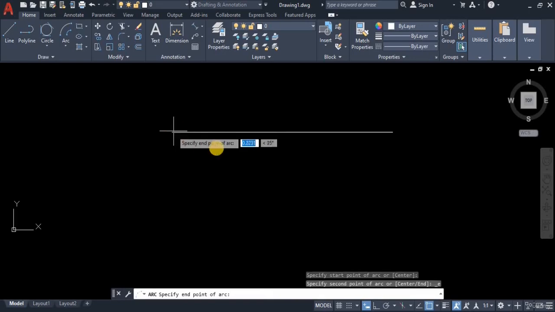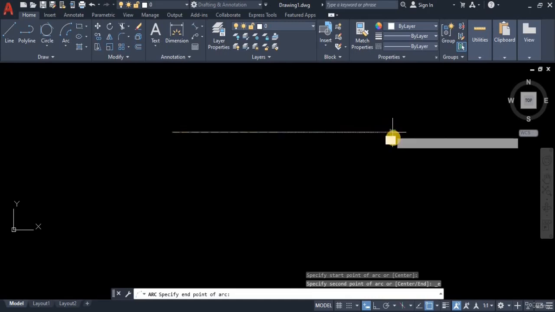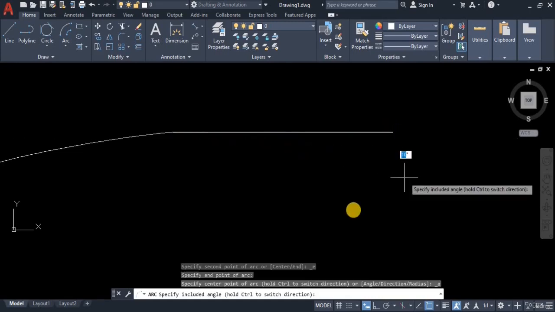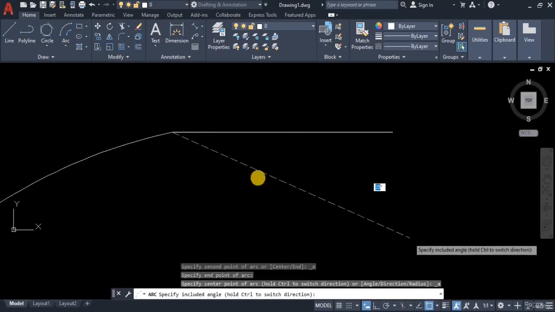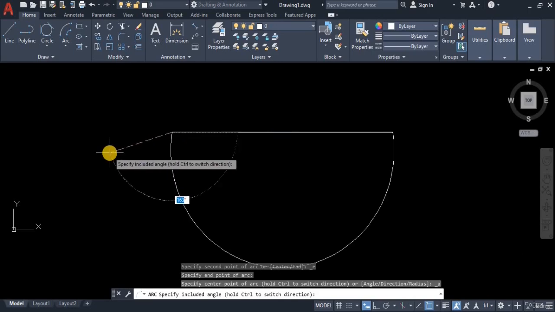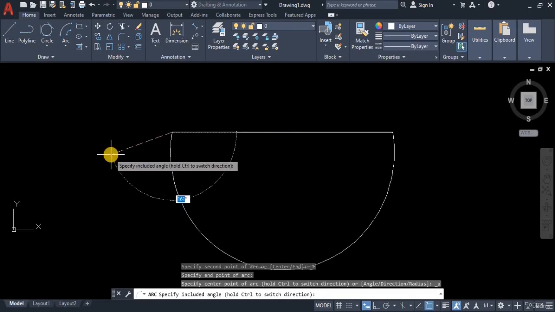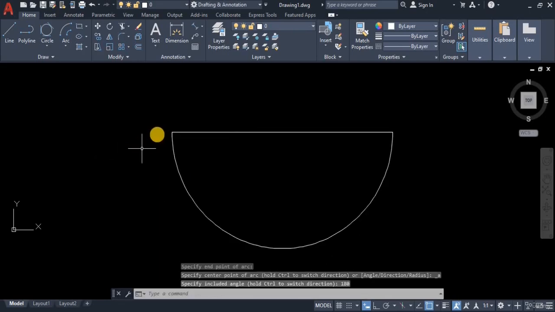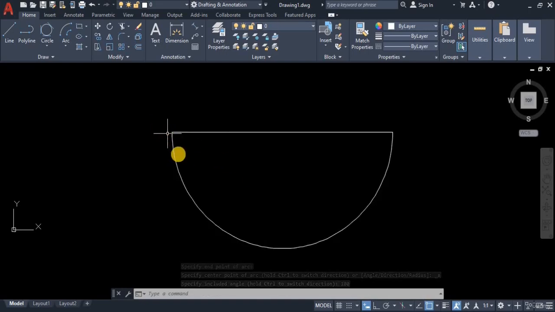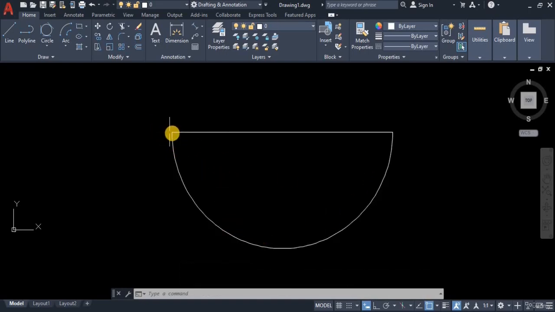So start point, then we have end point, then now it is asking us to specify the angle. So let's say we want 180 degrees. So 180, enter. So if you type 180 degree, this is how the arc will look like, because